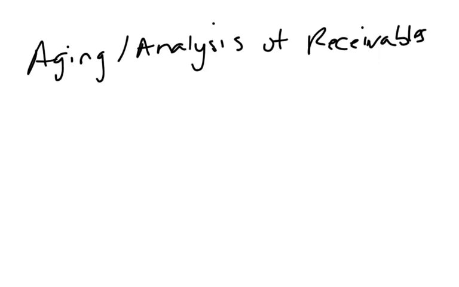So you're going to assign percentages to each age category as to what you expect to be uncollectible. Again, for current, it might be that 0% is uncollectible, and for something that's only 1 to 30 days overdue, maybe it's 2%, so you're going to have certain percentages for each age category. You're going to multiply the totals of those age categories by their related percentages, and then add all those up. That will give you the total amount that you estimate to be uncollectible and that you want the allowance account to be. Okay? You can look in your text for an example of one of those age charts, an aging schedule. I'm not going to recreate one for you here, but that's how you would construct one